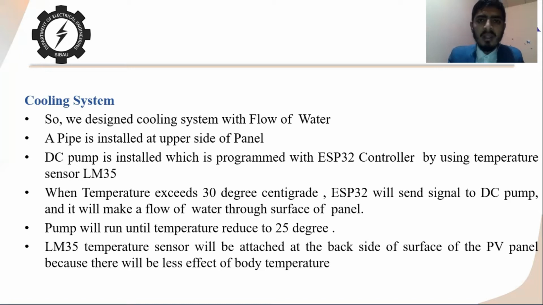So there would be running of the motor, stopping of the motor, running of the motor, stopping of the motor, with a difference of only 1 degree centigrade. That's why, in order to avoid this, we have given a 5 degree centigrade gap. It means whenever there is 30 degrees centigrade, the pump will be operated, and it will bring the surface temperature to 25 degrees centigrade. Then there would be a delay until the temperature again reaches 30 degrees centigrade, and the pump will be operated.